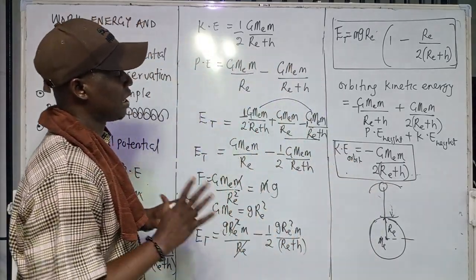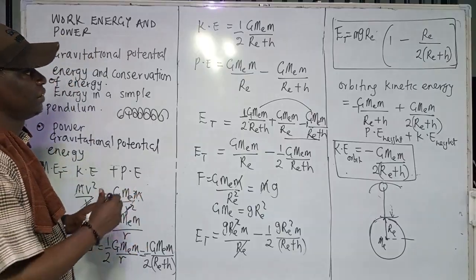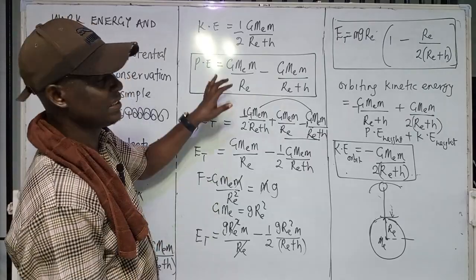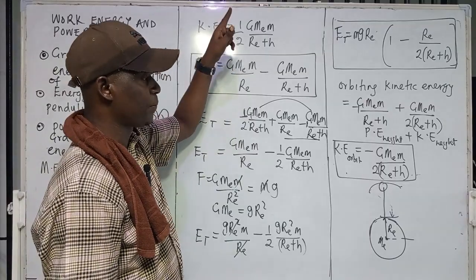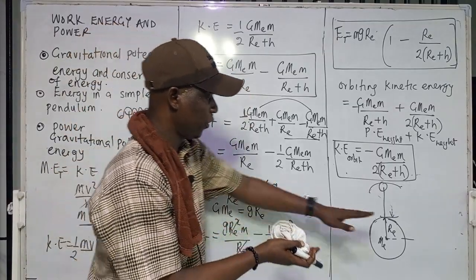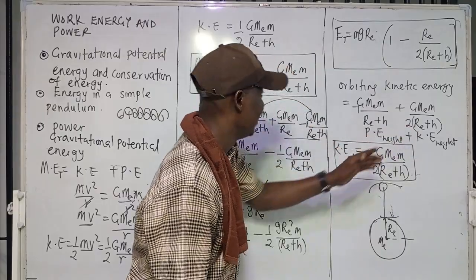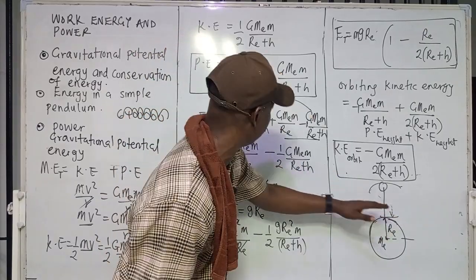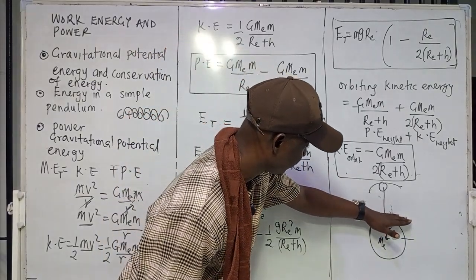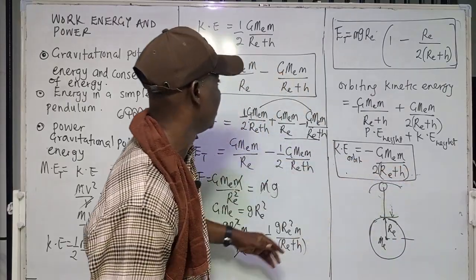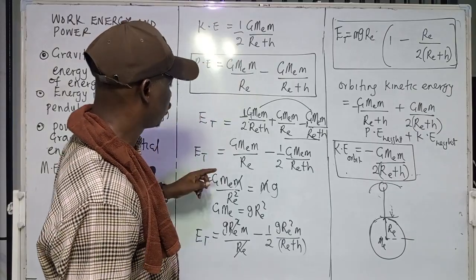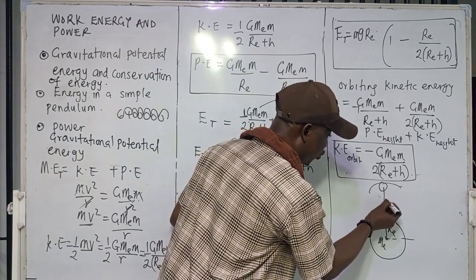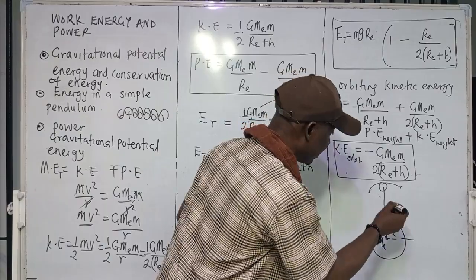This is it. Now, I've given 3 formulas. Circle them. This is very important. Now, what is this one used for? To raise it from a particular surface of the earth to this way. This one can be taken as R1, this one can be taken as R2, because R1 is where it was here, the initial position, and R2 is when it was here. So this is to raise it. Which of them is the velocity used to launch it, because it cannot just go from here to here. It is not spiritual. Something must